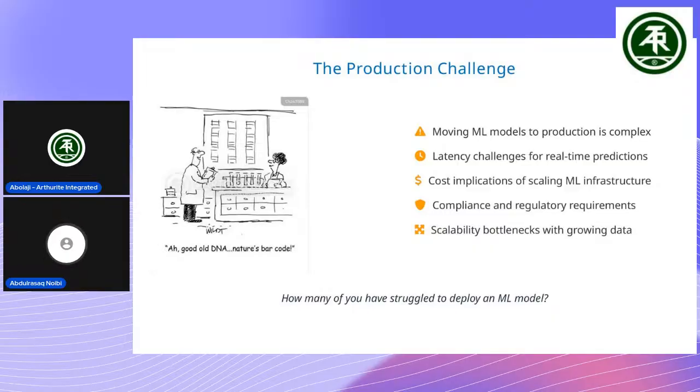You have your team, and you built a fantastic, let's say, fraud detection model, and this model performed beautifully. When you were building and testing locally, the model was working as expected.